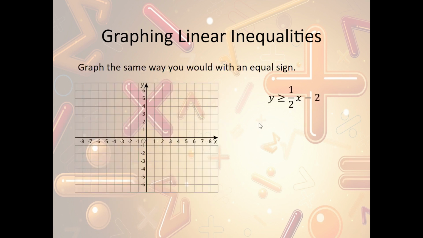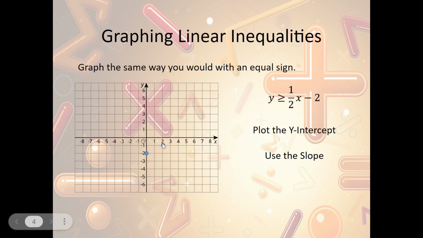Well, with inequalities, we're going to graph them the same way. So just like we did before, we're going to plot the y-intercept, which in this case is -2, so I go down 2 and plot that point. Then I use the slope to plot the second point. Well, this is change in y, so we're going up 1 to the right 2. So we go up 1 to the right 2, plot my point, connect the dots,